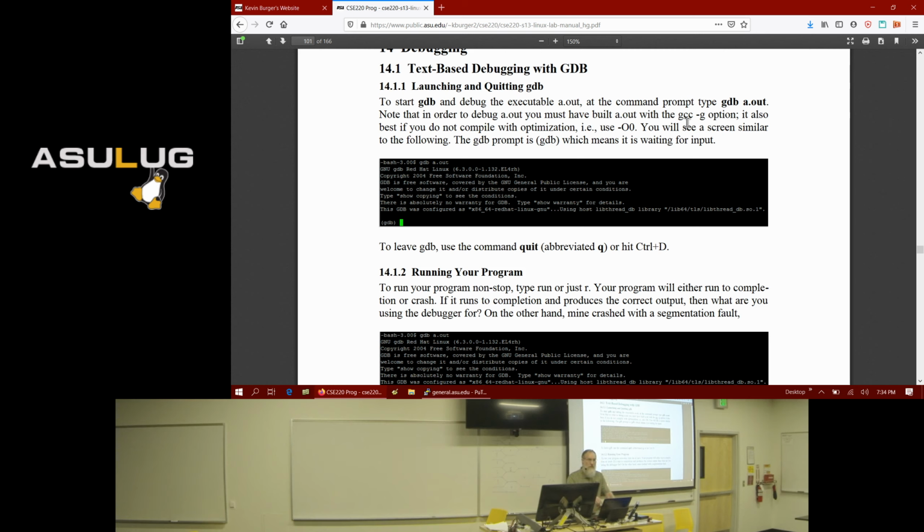You would never want to ship production code that's been compiled with the -g option, because it's going to contain a lot of information that your competitors could use to reverse engineer your program. So if you were developing production code, you'd compile with -g while you're debugging and testing. And then when you're ready to release your product, you rebuild, but this time don't use -g, because that'll put a lot of information in there that would allow somebody to reverse engineer your program. You don't want to make it any easier for them.